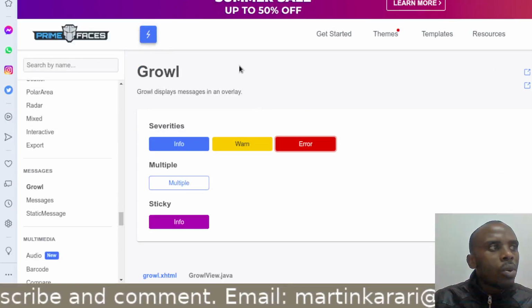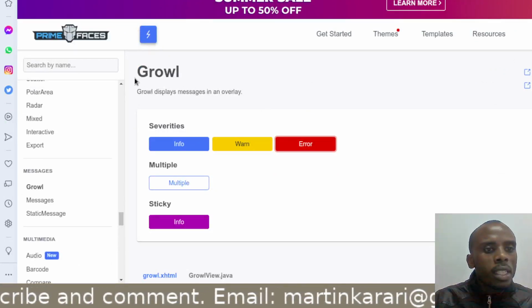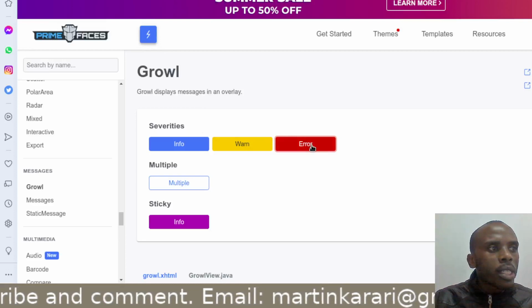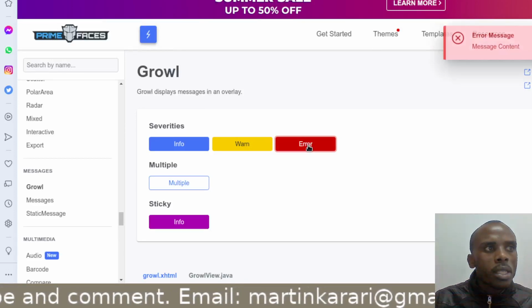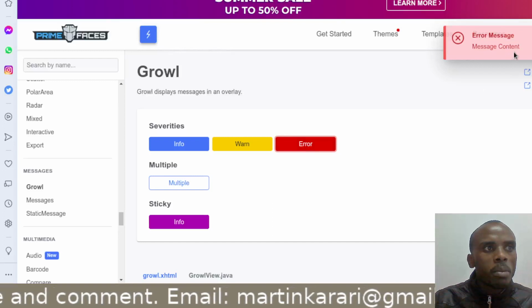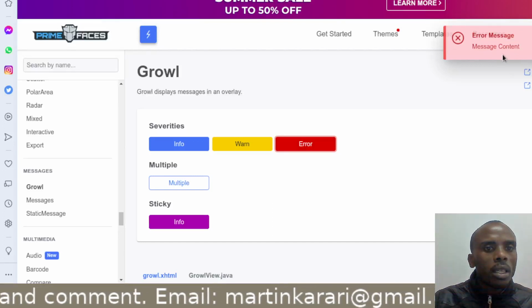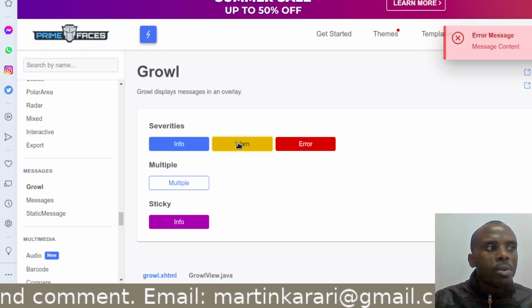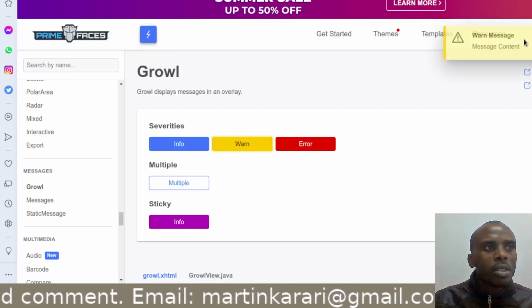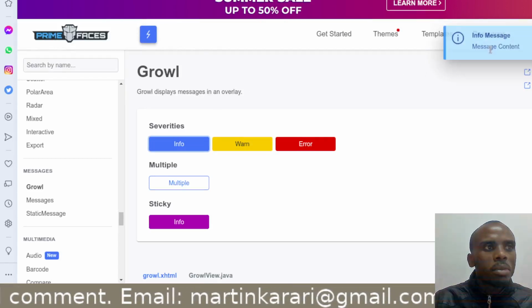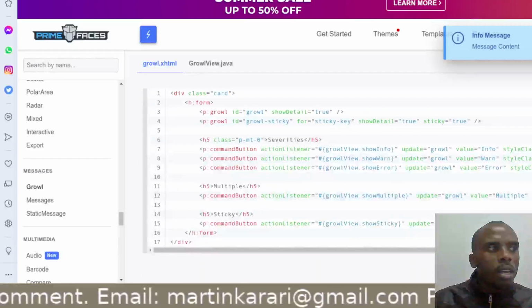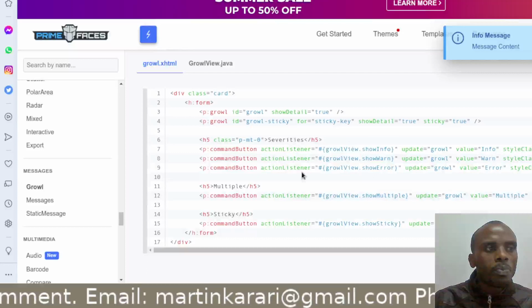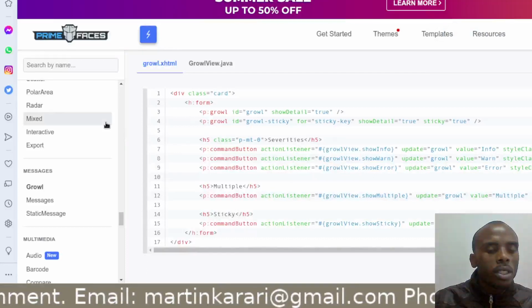I have selected this item, that is growl. If you select on this error, you are going to see a certain message pop up here, error message, and then the message. If you want to display a warning, you can see a warning message, information message, all that. And down here you can see they have also instructed you on how to use it in your own page.